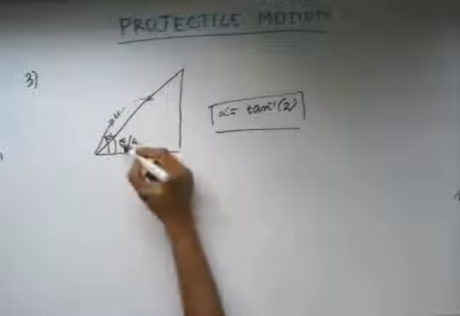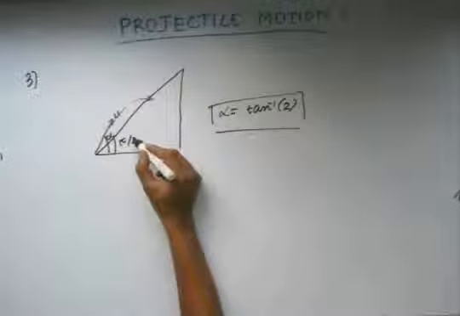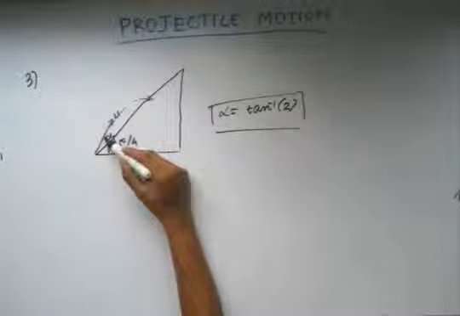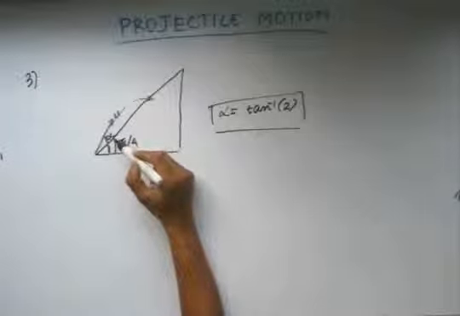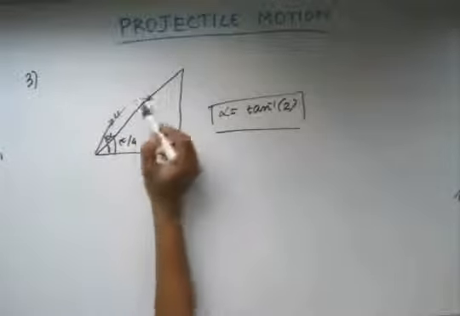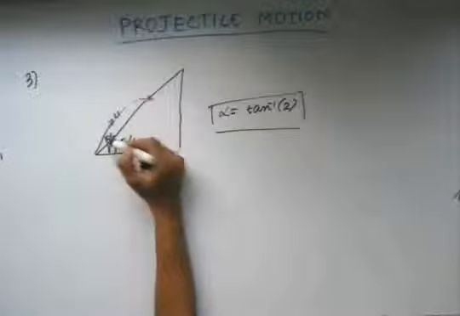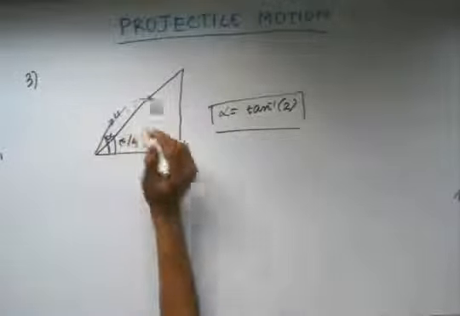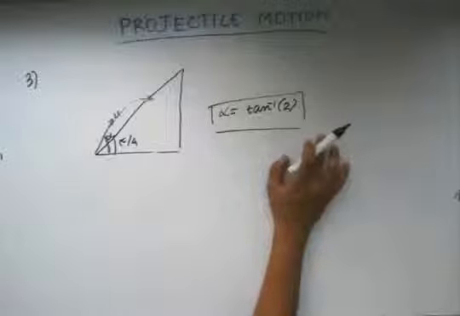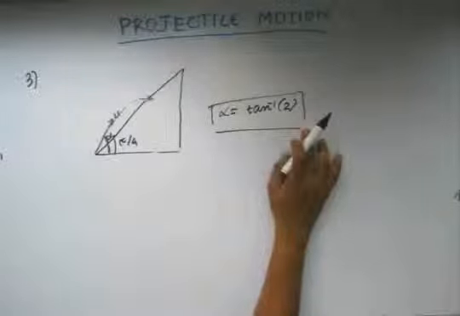The question was: the angle of inclination of the inclined plane is pi by 4. The particle is projected with an angle of projection alpha with respect to horizontal. When the particle strikes the inclined plane, its velocity is in the vertical direction. We are asked to find the angle of projection. The answer is that the angle alpha is equal to tan inverse 2.